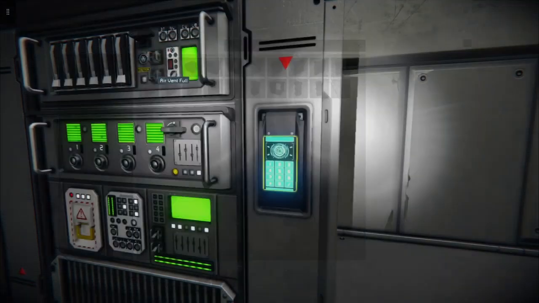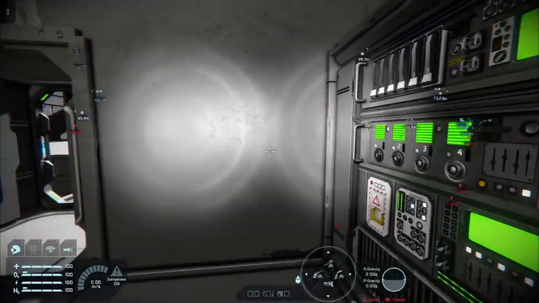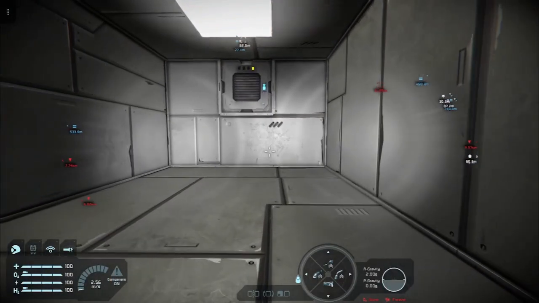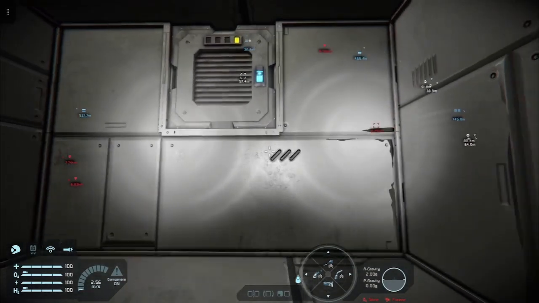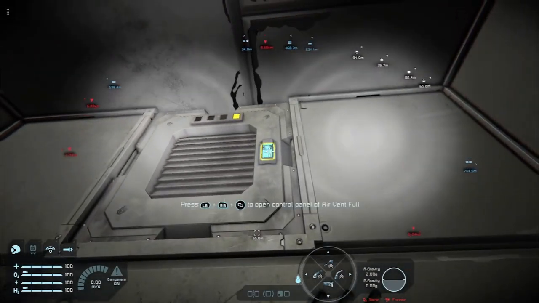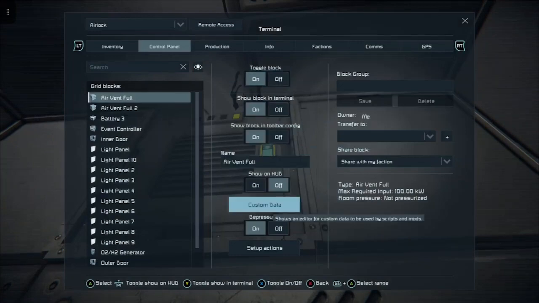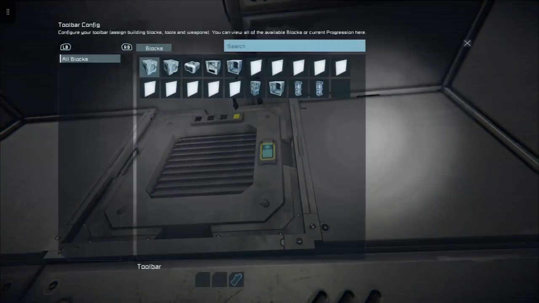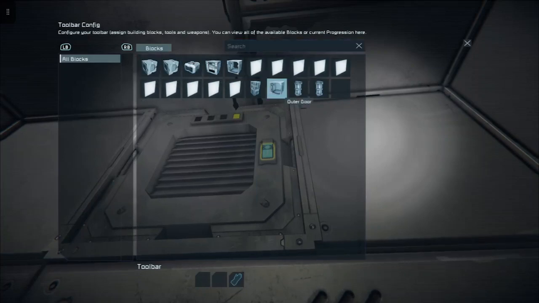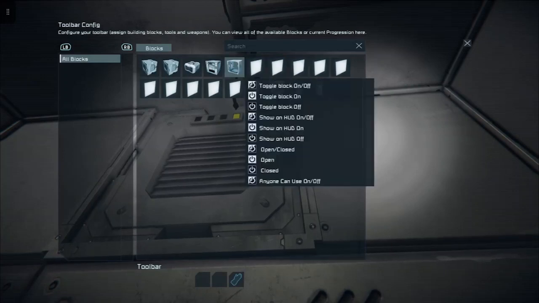We come out of this, come out of this, come out of this, and go across to our vent. Now on these vents you have actions, the same as an event controller, only one toolbar though. So in the first slot you want your outer door, inner door even. You want your inner door in the first slot, and you want to choose